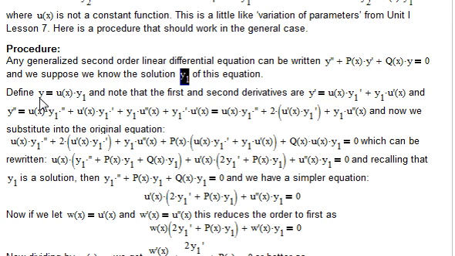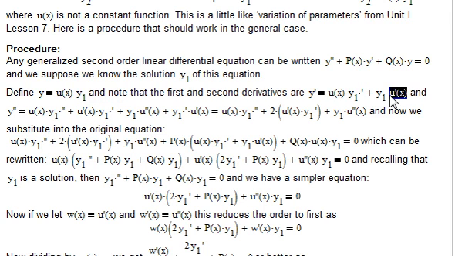So we're going to define y equals u of x times our y1. And notice the first and second derivatives. The derivative of this is first d second, that's u prime times y1 prime, plus second d first, which is y1 times u prime of x. And then to find the second derivative, that's the derivative of the first derivative, so that would be first d second, so u of x times y1 double prime, plus second d first, so that's y1 prime u prime, sorry, u prime,